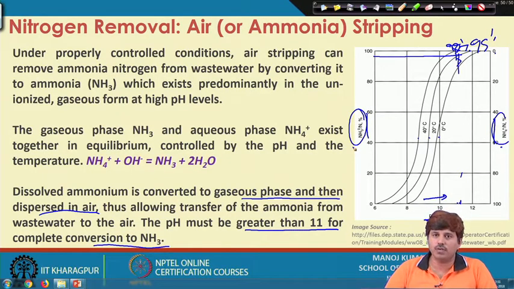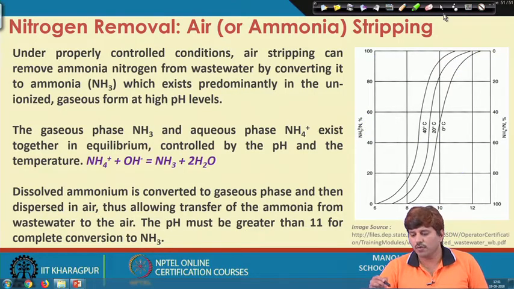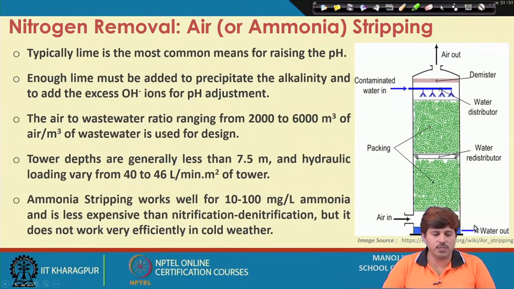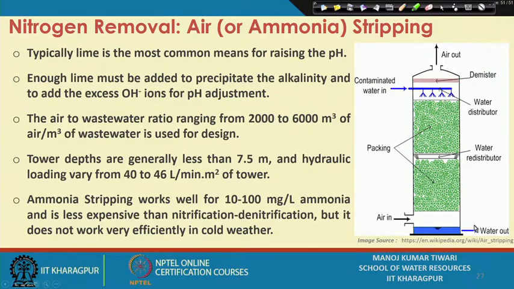Ammonium ion is soluble in water and will remain in the water, but if it is converted to ammonia gas, this gas can then be stripped off, which is done in the ammonia stripping process. Lime is the most common means for raising the pH. Lime is added so that pH is raised. Enough lime must be added to precipitate the alkalinity and to increase the OH ion for